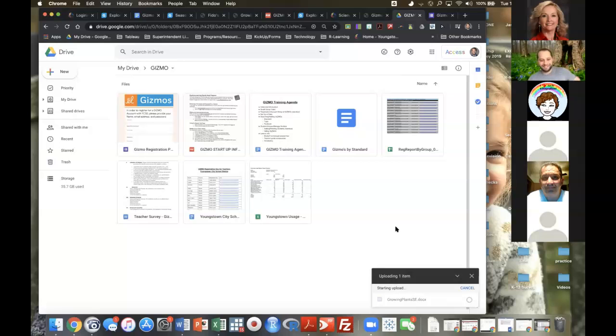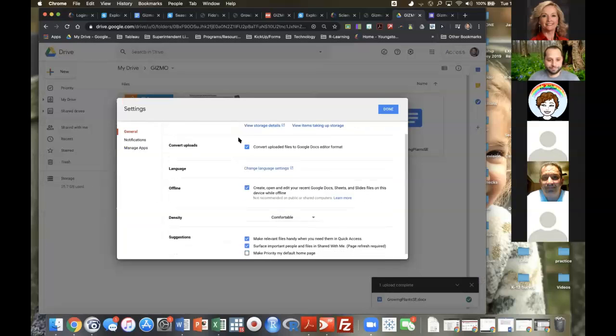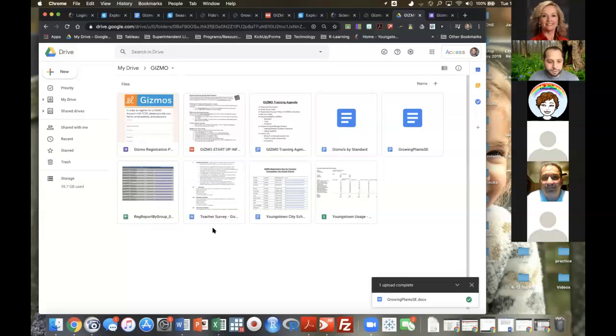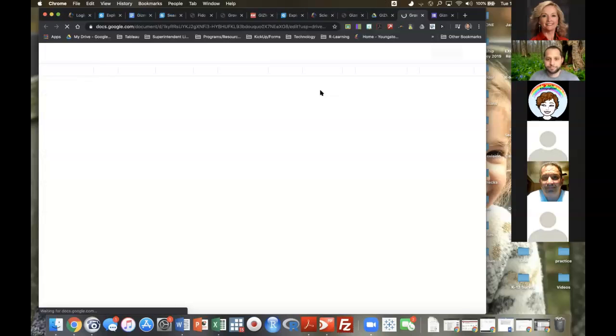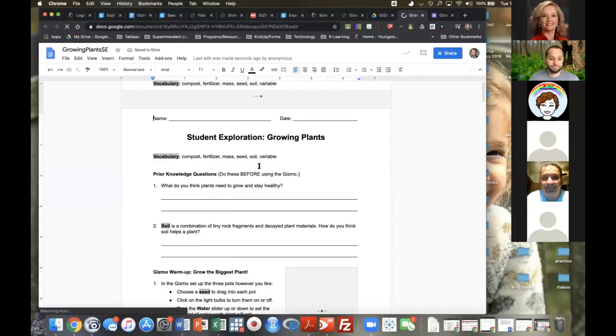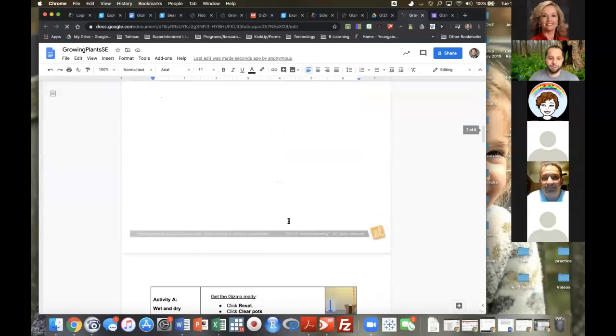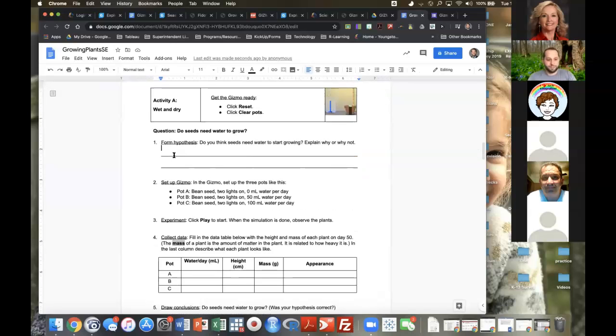Can you go up to your little settings icon at the top to make sure that people have the convert button on? Yeah, it's under there. If you click there and go to settings, make sure the little square is checked that says convert. If not, it will still be a Word document. It won't automatically convert it. Okay, thank you. Yeah. And so I just went up here, growing plants. And so here it is as a Google Doc now. All the same instructions we had before, and you can still alter it. And students, they can type in, I think